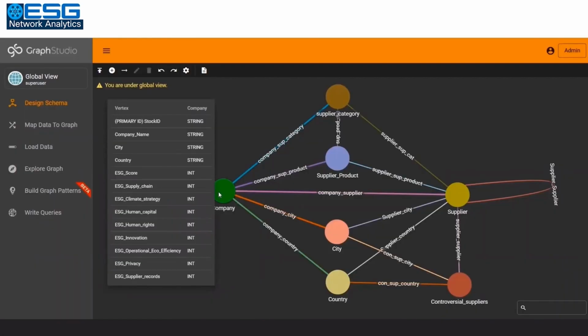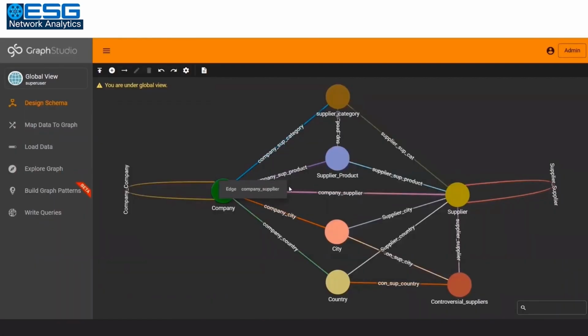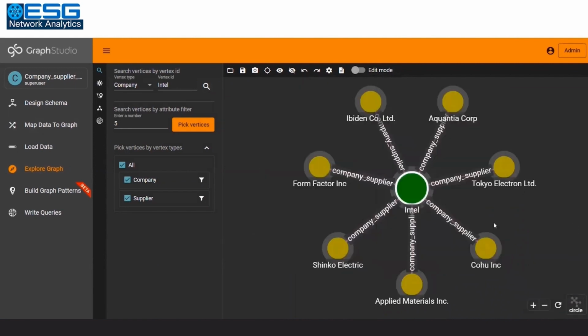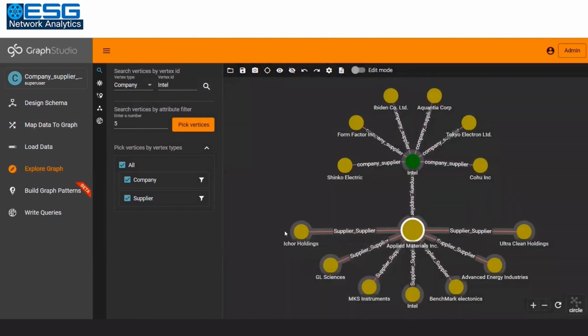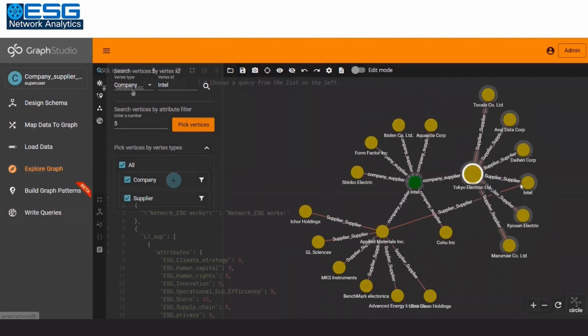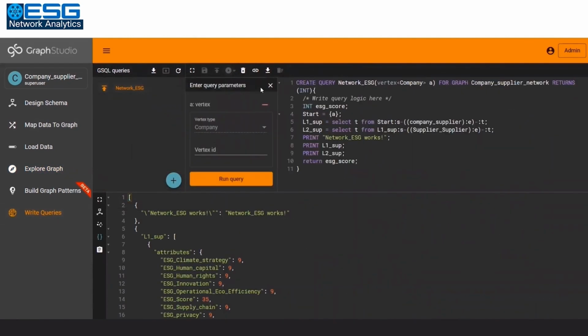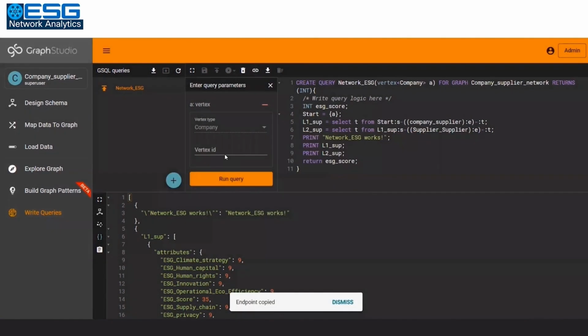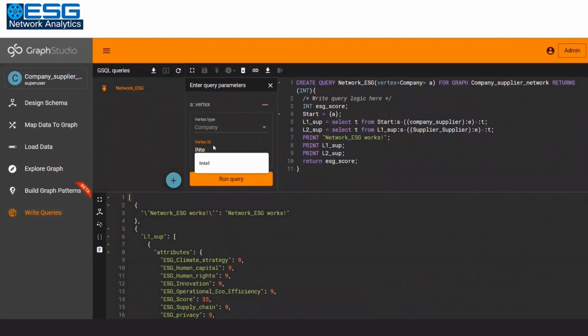ESG Network Analytics provides a graph network analysis using network algorithms and components that can trace the communities and identify the analysis. It shows the supplier its ESG scores and calculates an adjusted score using the weighted scores of all suppliers. This is done by graph network analysis involving companies and suppliers based on different attributes. It can analyze the graph network for any company at multiple levels. This can also be implemented as a graph query or an API, so it can be easily integrated with the